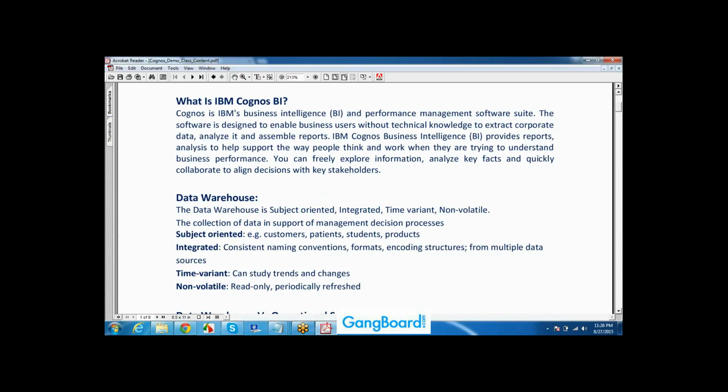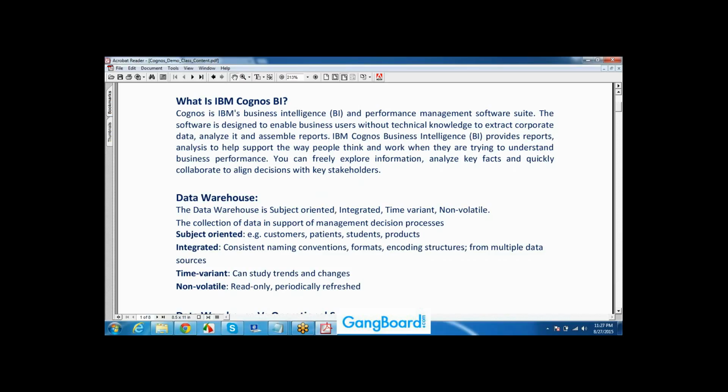A data warehouse is nothing but a database only. That is also a database only, but I will define it as an extension of a database. That's it. An extension of a database is nothing but a data warehouse. A group of databases is nothing but a data warehouse. So what do we do in a data warehouse?